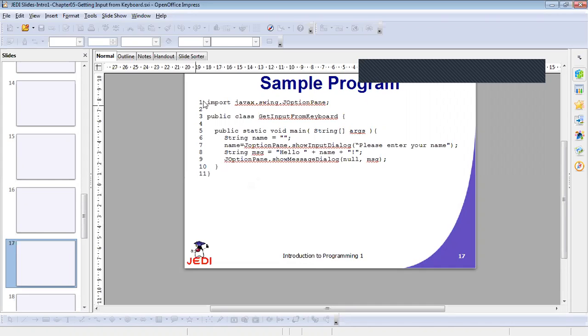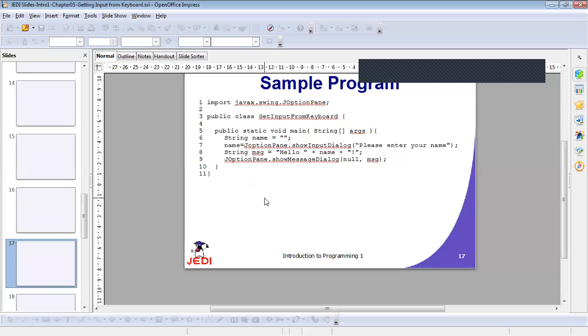So the first statement here indicates that we want to import the class JOptionPane from the javax.swing package. So we can also write this as import javax.swing.* with a semicolon.